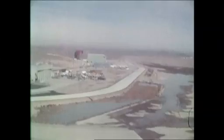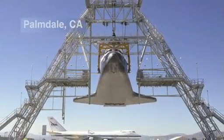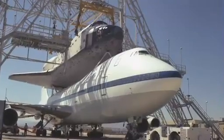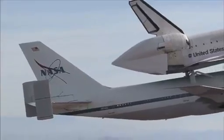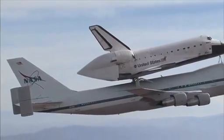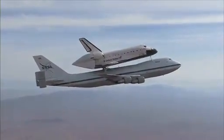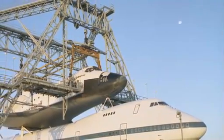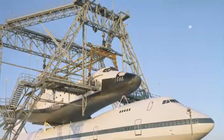In 1982, NASA arranged to have a permanent Mate-Demate device erected in Palmdale. The Orbiter Loading Facility, or OLF, was originally built for use by the Air Force at Vandenberg Air Force Base, where it planned to launch a shuttle for its own missions. When the Air Force canceled the plans for a dedicated orbiter and launch facility on the West Coast, the OLF